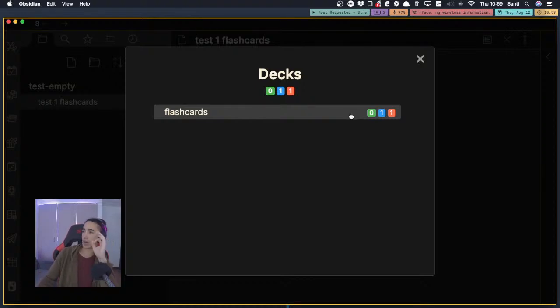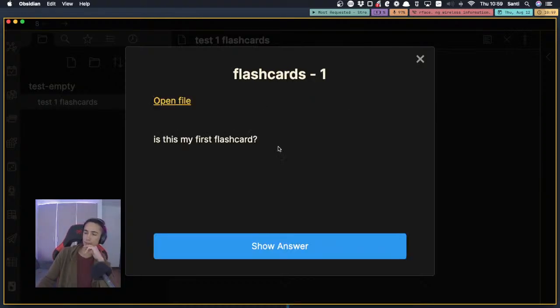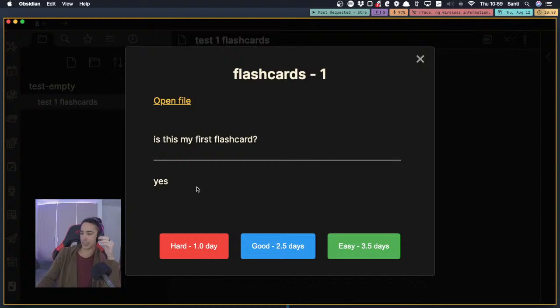Either way. So now let's review this. When we click on it, we should see our first flashcard that we created. So is this my first flashcard? Show answer? Yes. And now here, I really like the fact that this is almost identical to Anki, because if we go to Anki again,